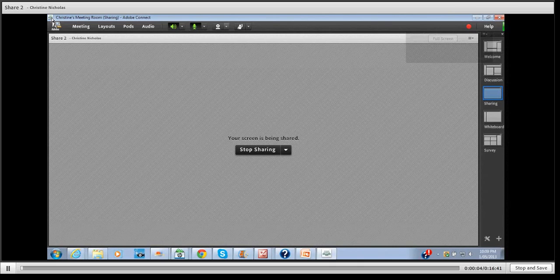Hello, my name's Christine, and I'm working on a project with Julie, Deanne, and Erin on teaching tools and using technology for teaching. So the task that I had was to actually look up and research QR codes, which I had no idea what a QR code was prior to this project. So I'm really excited about it, and I have found some great information and great ideas to use them in